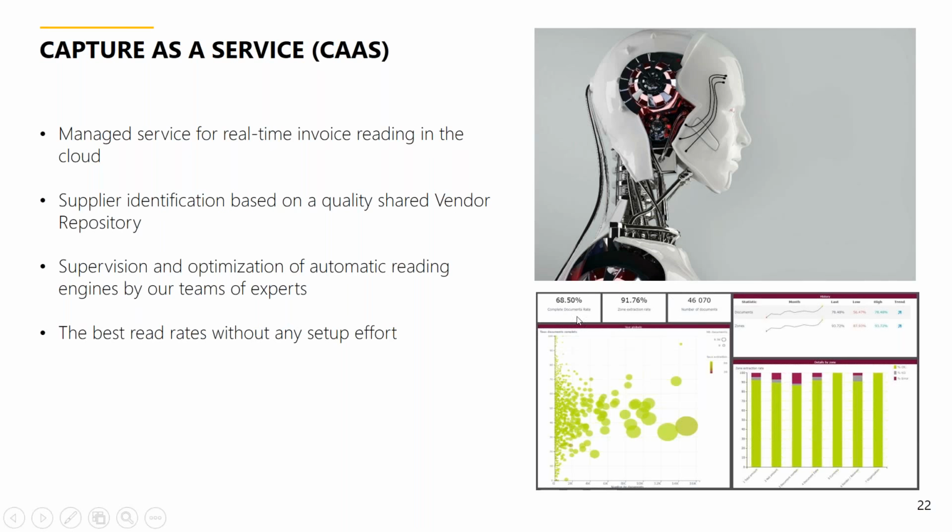Now, when I took this slide, we can see we're getting extraction rates of 92% of straight-through processing for these vendors. So this is really high in comparison to what's out there on the marketplace. We're also able to do this because we also have a supplier database which we've mutualized, and are able to use it to augment your suppliers against. So this is giving you, more importantly, great reading rates, or the best reading rates, and you're not having to do anything for that. So how does that help you guys?